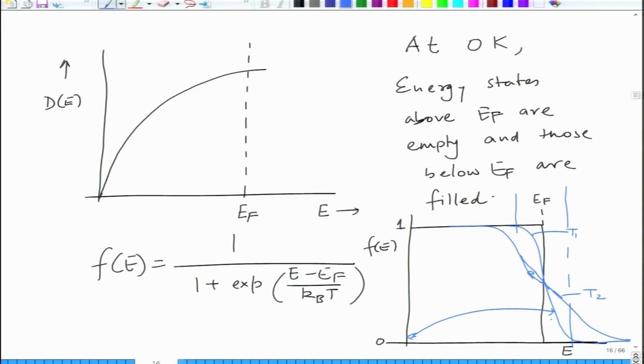As you keep increasing the temperature, more and more electrons jump in, but the whole thing happens in the vicinity of Ef. The number of electrons which have left here are the number of electrons which have reached here. Similarly, in this case, the number of electrons which have left in this fashion have reached here. So, this curve is basically asymptotic around half. The number of electrons which have moved above Ef are the same as the number of electrons which have left below Ef. So, this we will continue in the next lecture.